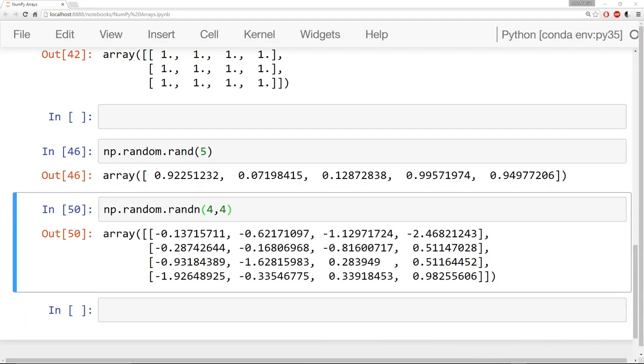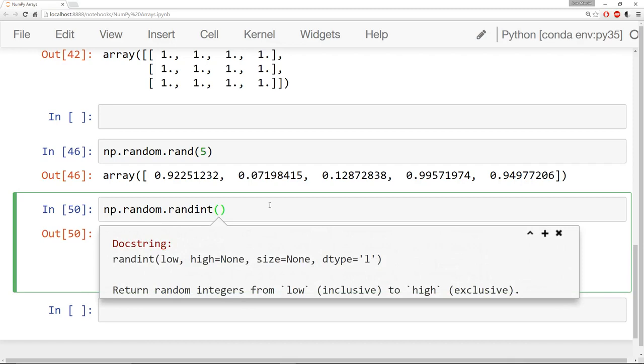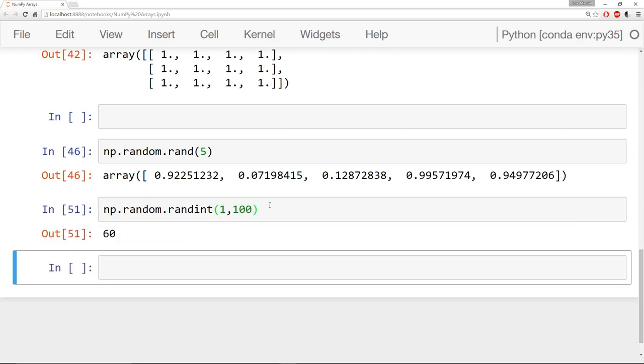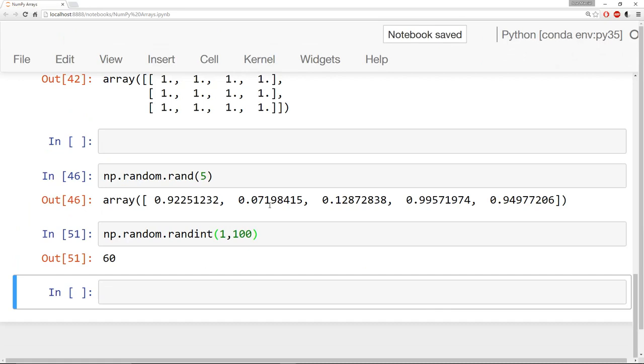And the final random method of creating an array we're going to learn about is randint, and that returns random integers from a low to a high number. I'll show you what we can do for that. You'll say np.random.randint. If I click Shift Tab here, you'll pass in a low, a high, and then the actual size you want. So for instance, if you just say 1 to 100, you'll get a random integer between 1